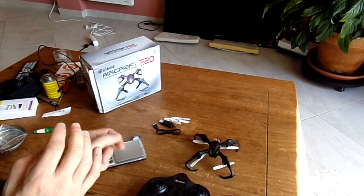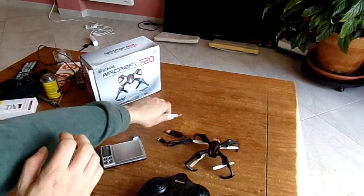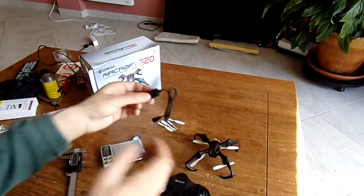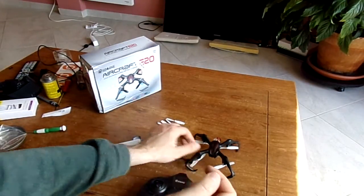I forgot to mention that this quadcopter comes with 4 spare props, that's important, and a USB charger cable ending with a micro USB connector. Okay, so to resume,